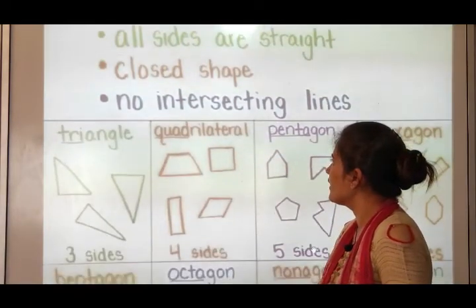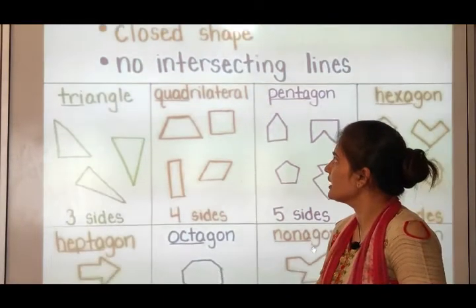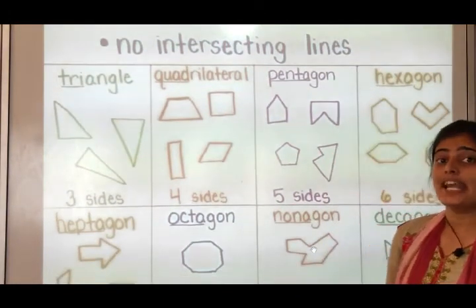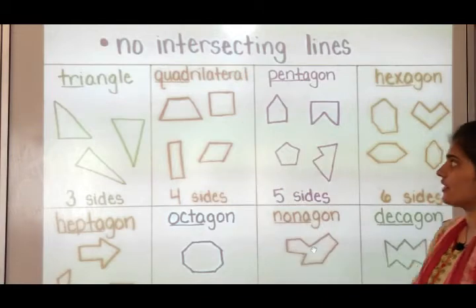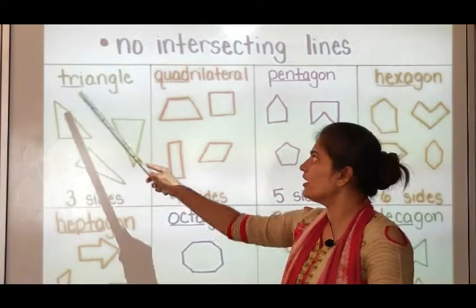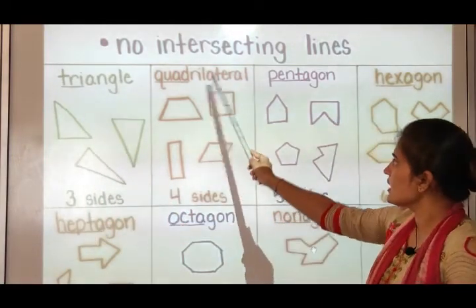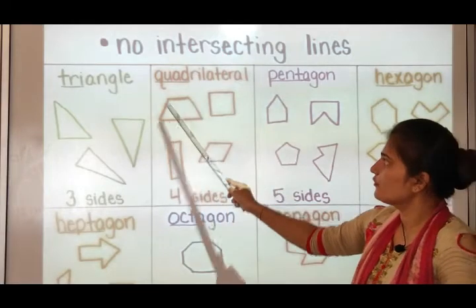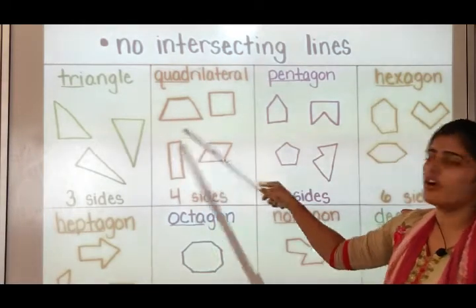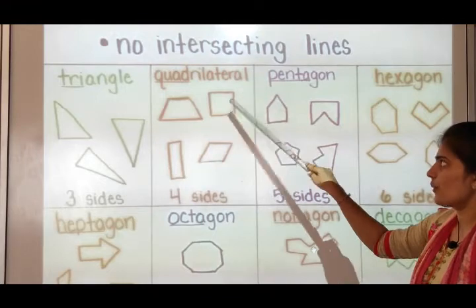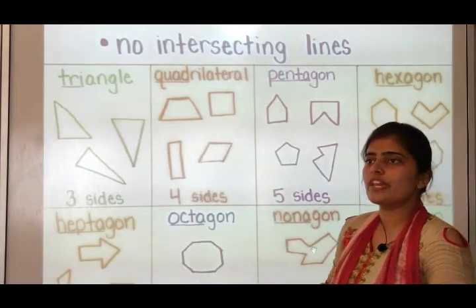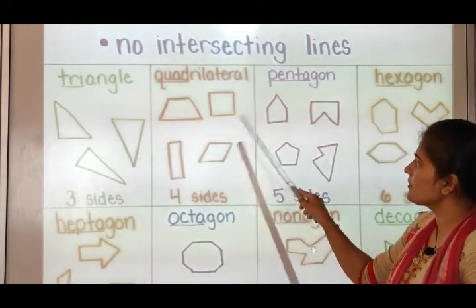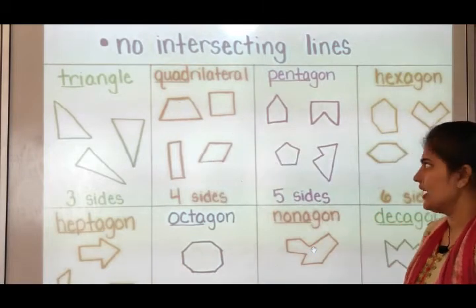Here you can see quadrilateral. Whenever there are four sides, then those shapes are called quadrilaterals. Whenever there are three sides, they are called triangles. Here you can see quadrilaterals, 1, 2, 3, 4 sides are there. So this shape is called a quadrilateral. Another, this square we have seen, rectangle also we have seen. This is another shape which is called a quadrilateral.